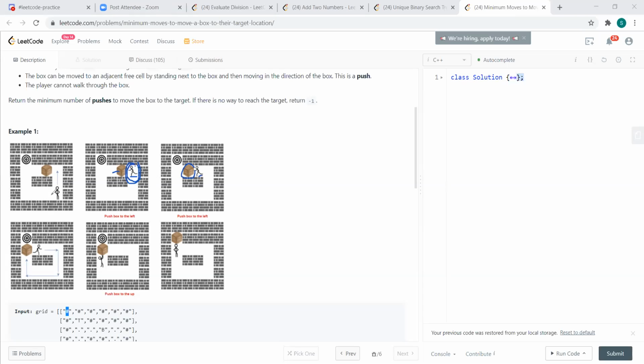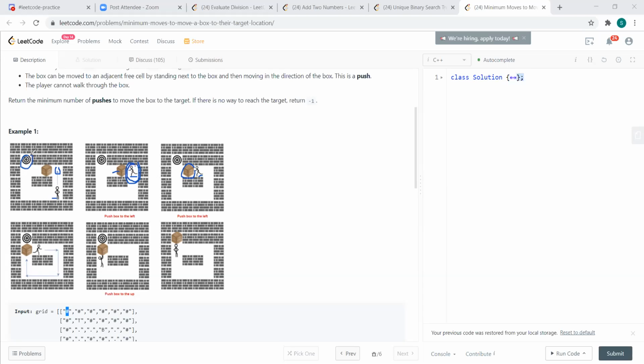The player can be at any location initially, but the player has to stand at a particular location in order to push the box. Imagine a person pushing a box: to push in one direction, he has to stand on the opposite side of the box, right? So bidirectional BFS won't be possible, because we cannot do anything with the target.